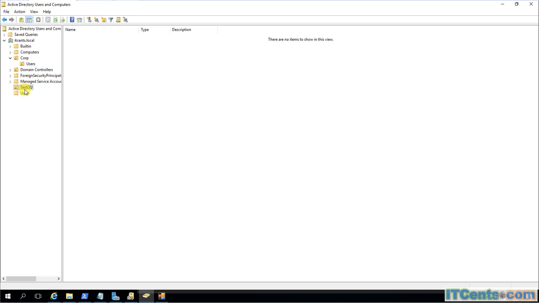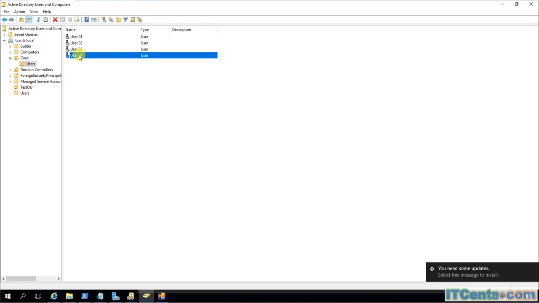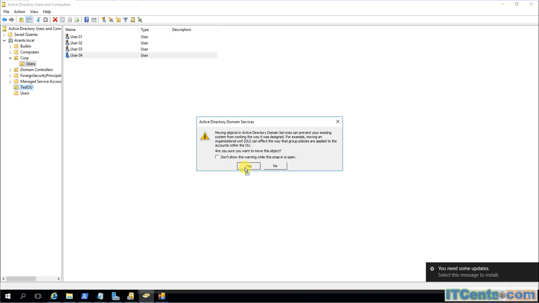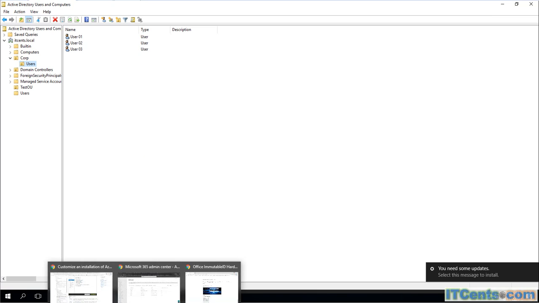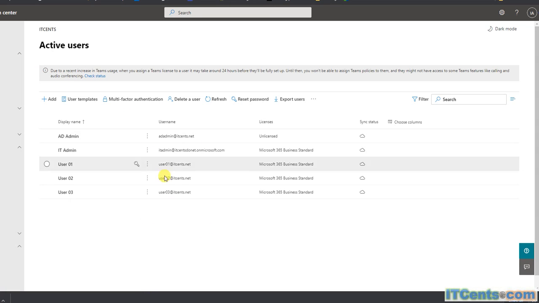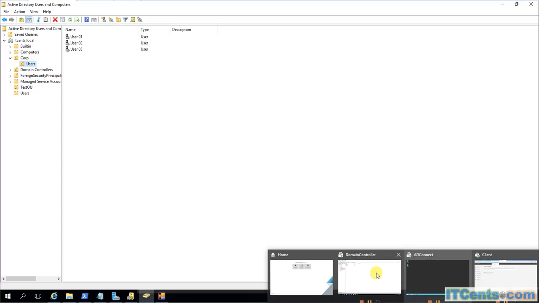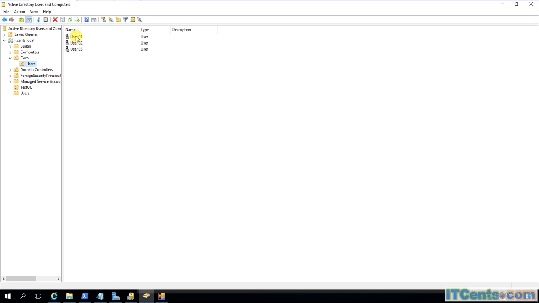And test OU, which is empty. Let's go here. User 4 is a unique user. It won't hurt. So let's move user 4. I don't have user04 at itsense.net, right? So it shouldn't be a problem. And for testing as a lab rat, let's say we choose user 1 first. Okay,